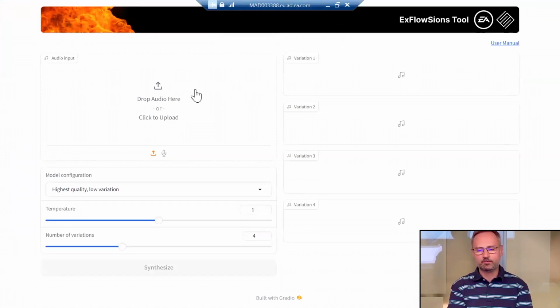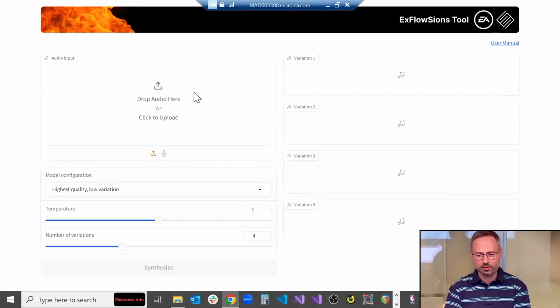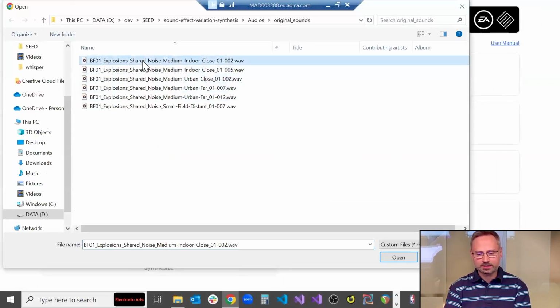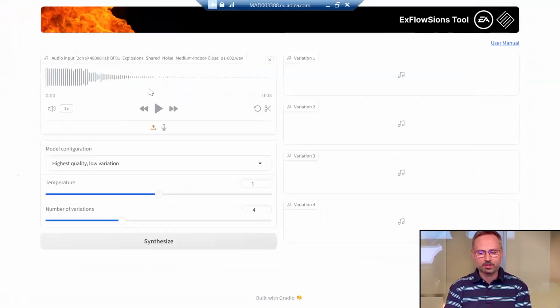And for the first part of the demo, what I'm going to do is to load one of the sounds that we got from the DICE dataset. In this case, it's an explosion sound that has 2 channels, stereo file. If we double click on the sound, then it will show in the audio component that Gradio provides different information.